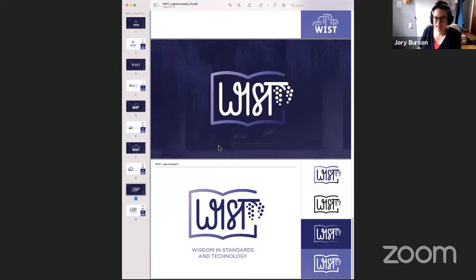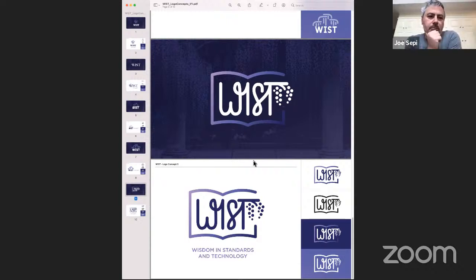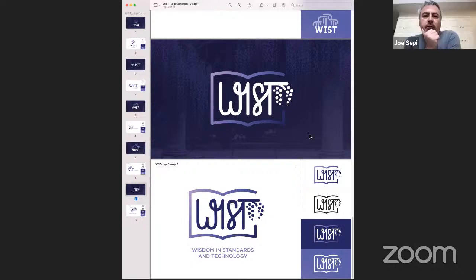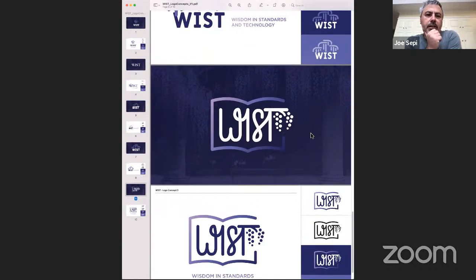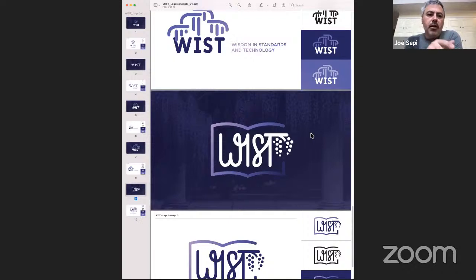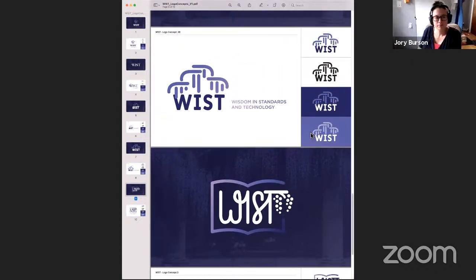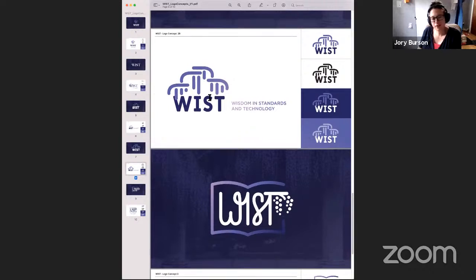These ones are really cool. Do you like these with the book? I do. We don't really have time, but my first thinking is that the first ones with the stuff over it look a little messy if you're not sure what wisteria is. But these bottom ones, and the ones where it's above, feel better to me. But anyway, we don't have time to discuss them. Yeah, that's a good point. This kind of looks like rain or whatever.